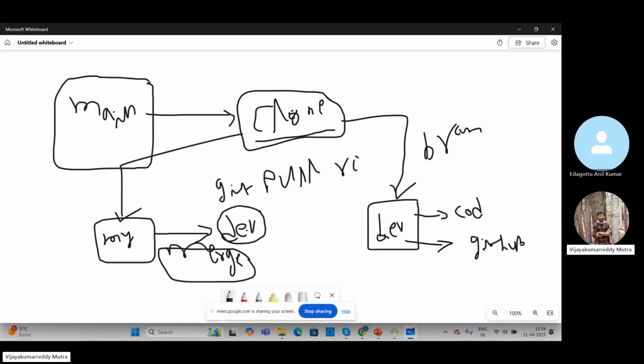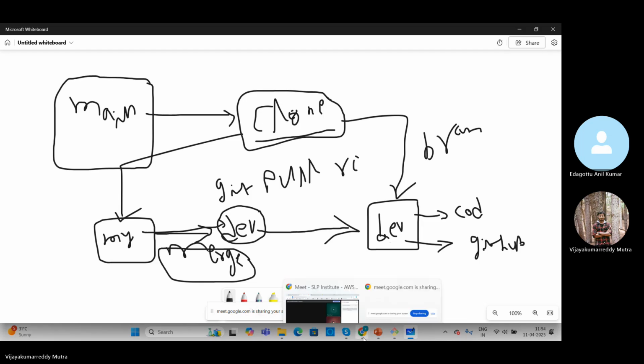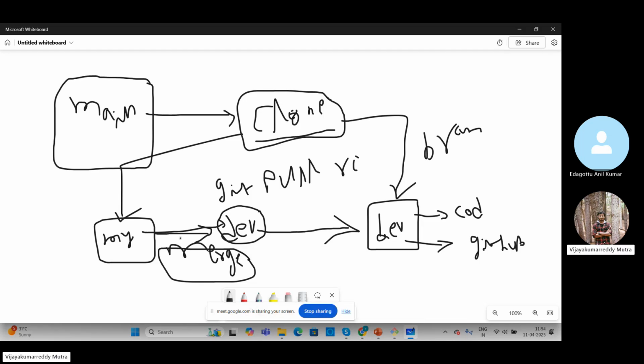Now this dev has the previous version, right? Yes, previous version. So this version will be upgraded with this new branch code, and we will push this dev to the dev environment. This is called the merging concept. Either we can do it directly here itself, or else, as I told you,